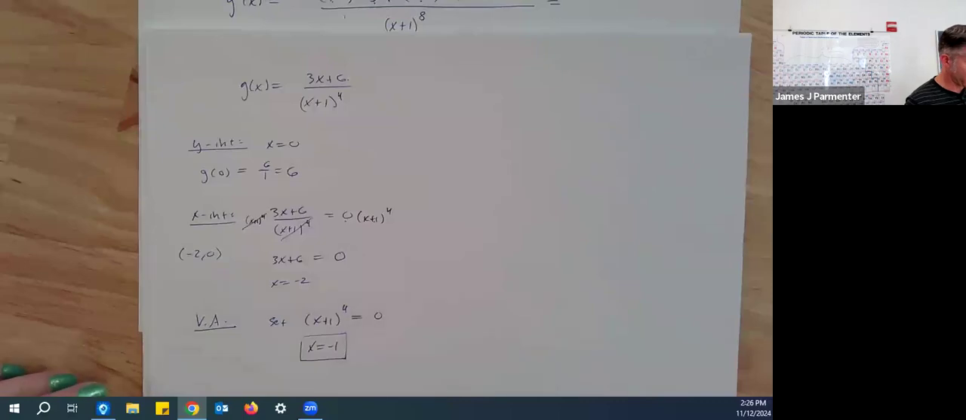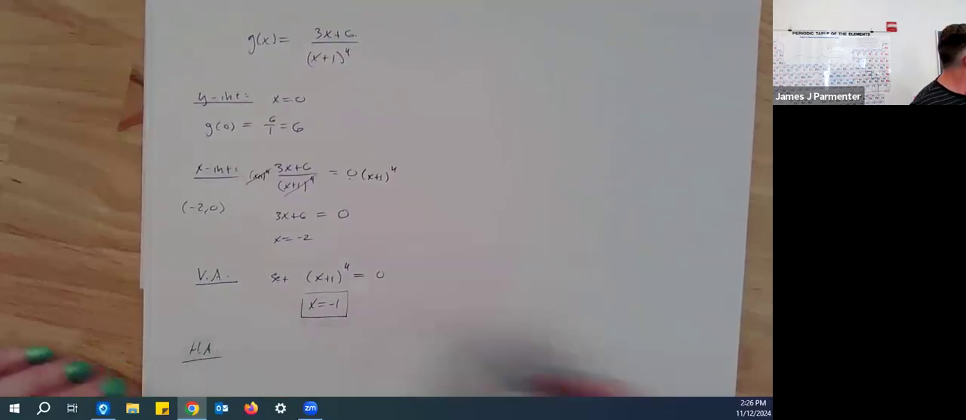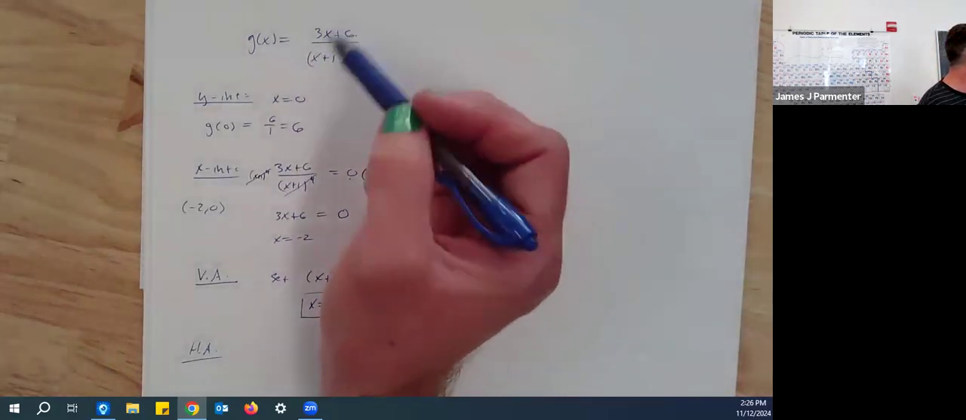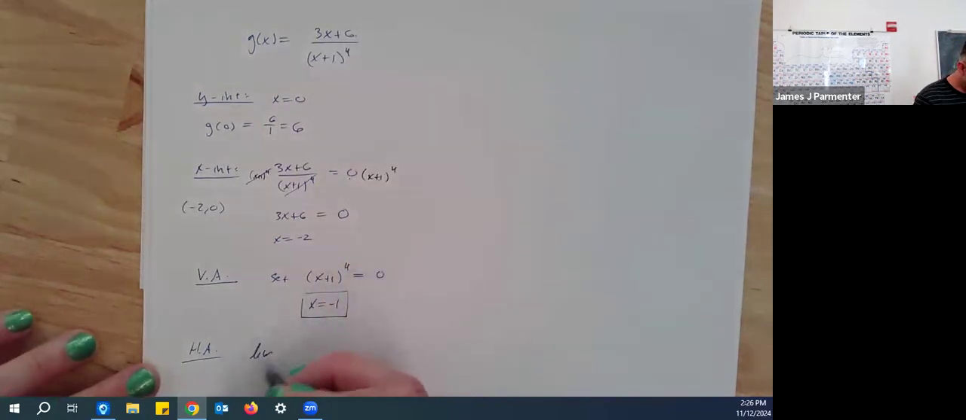And then I guess we could also think about horizontal asymptotes. I know it's been a little while, but we did talk about taking limits of things like this as x goes to infinity back in the beginning of the quarter. So if I take the limit as x goes to infinity of 3x plus 6 over x plus 1 to the 4th,